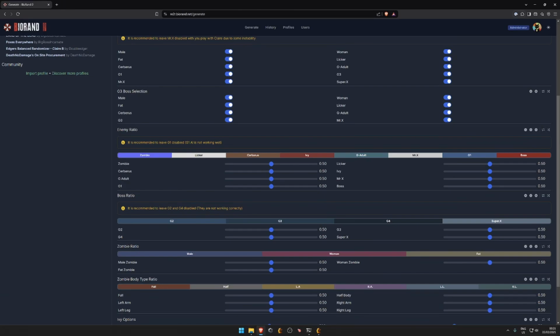Enemy ratio of the game. The enemy ratio is so far pretty simplistic. You just decide what is the percentage of enemy you want for each of them. For me, G1 is considered a normal enemy. It's a pretty cool one, but the issue is G1 is not working as a normal enemy because sometimes it is working, sometimes it is not. I have no idea, no explanation why it's doing this, but let's say G1